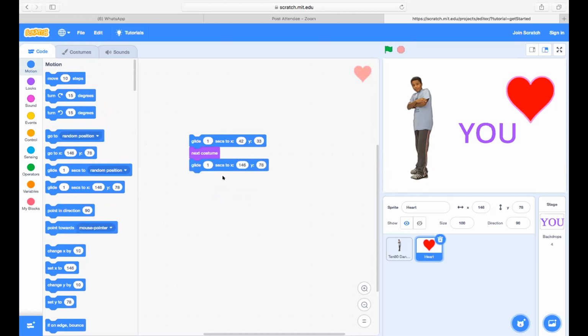Put X as 100 and Y as 8. So 1 second, X 100 and Y is 8.